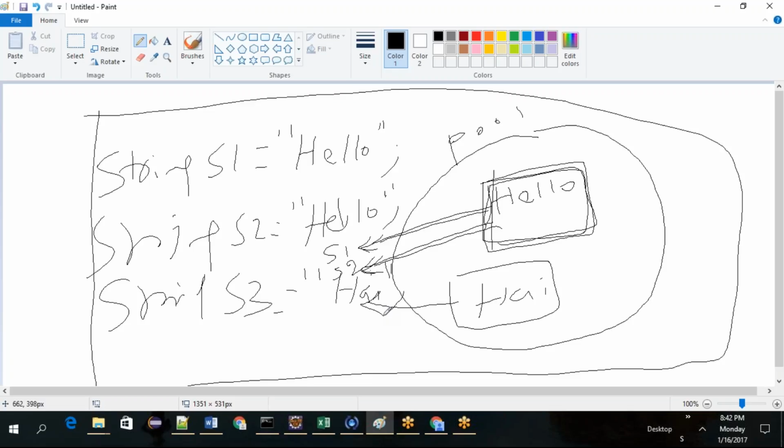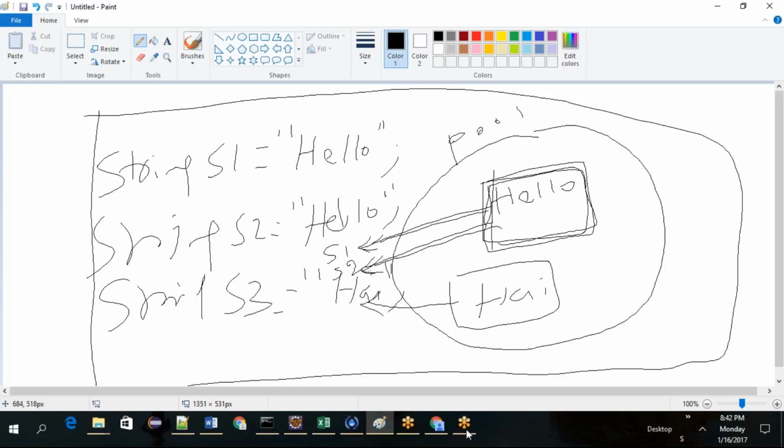And when the string constant is not available in the pool, the JVM creates a new string object and the same string constant will be placed into the pool. Okay, make sense?